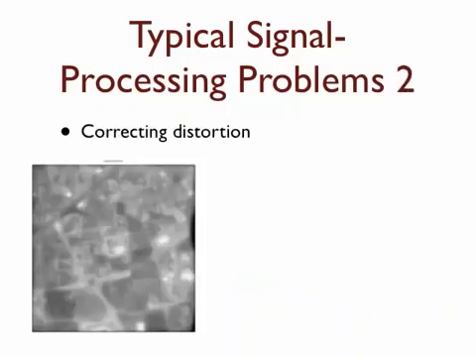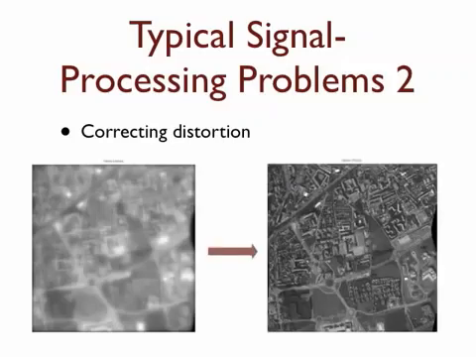Now, the second problem involves correcting distortion. In this example, we have a blurry image. The blur is the distortion. What I'd like to do is take this blurry image and perhaps some knowledge of the nature of the blur and run it through a signal processing algorithm that would reconstruct the sharp, focused image that's behind this. This sort of distortion correction is very obvious with images, but it also applies to signals that get distorted in time, such as when you talk on the telephone, and there's a need for correcting the distortion that gets introduced along the way.